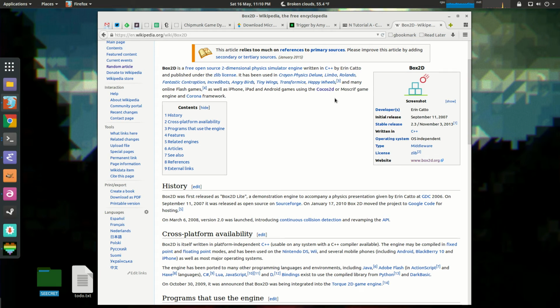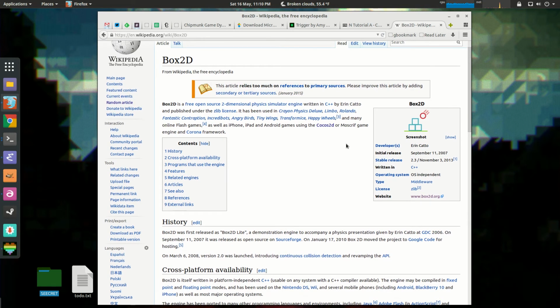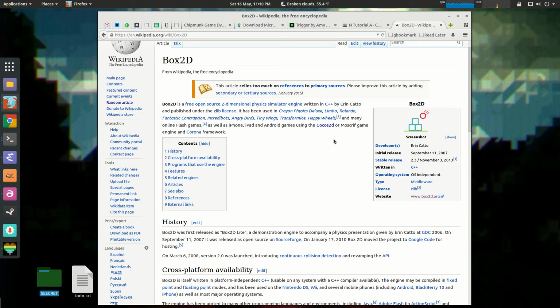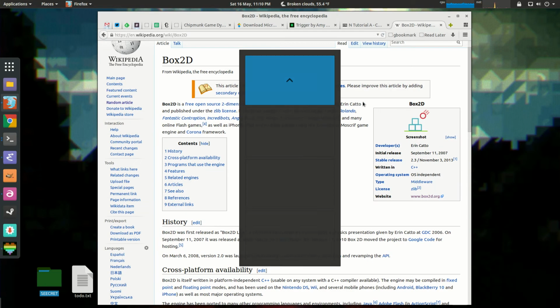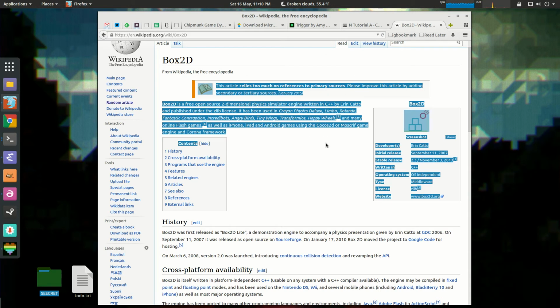I think Angry Birds, or at least the original version of Angry Birds, used Box2D. You use that kind of 2D rigid body physics stuff when you want to have stuff tumbling around, boxes falling over, objects splitting apart and falling into pieces, and all this complex stuff. I was like, that seems like overkill, but a few people told me, hey, you can just tell one of your shapes and bodies in Box2D or Chipmunk to just be